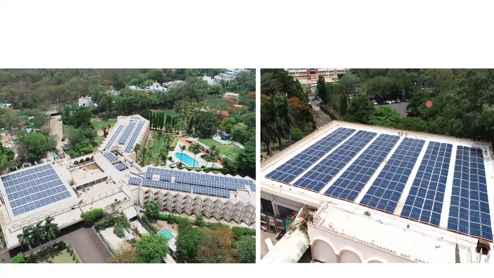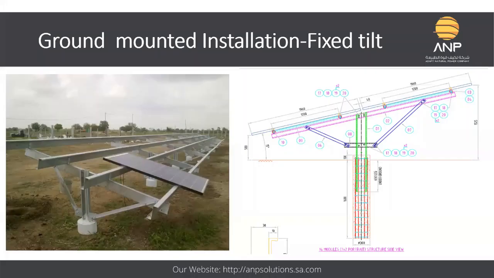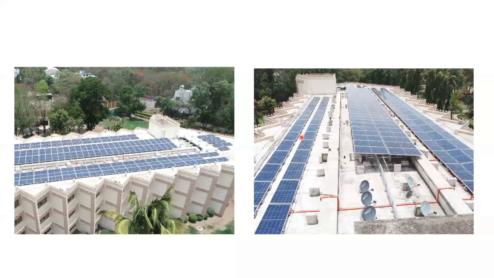So another type of module mounting structure is ground mounted type. In this particular case, again the hot dip galvanized type structure is used, but the installation methodology is quite different, as compared to RCC rooftop installation. For example, if you have ample space and vast ground available, and there is no use of that particular ground, then you can go for this type of structure. This type of structure has more advantages. First of all, you can go for optimum tilt, which is not possible in case of metal roof type installation.